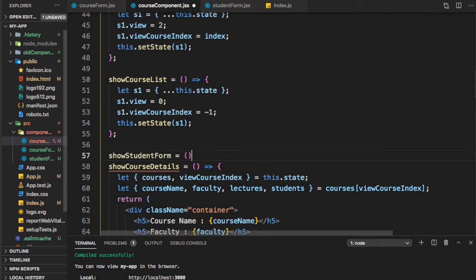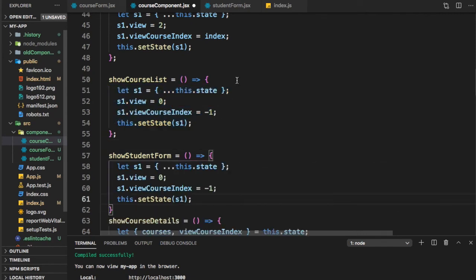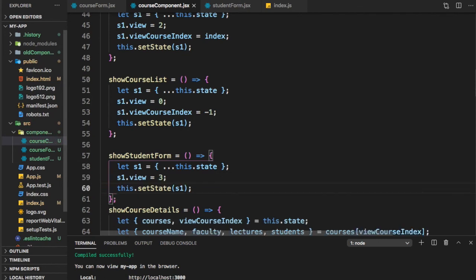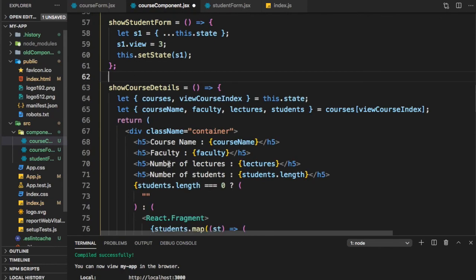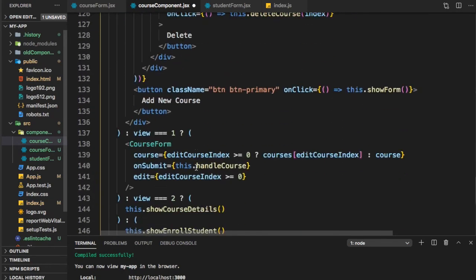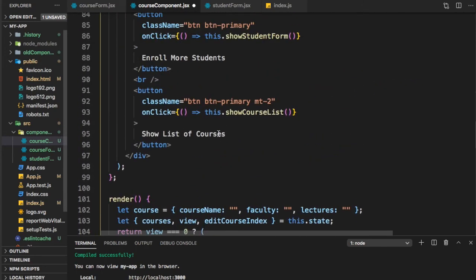Student show form is, and what do we do here? Let's just copy. So here the view will be 3, and we are not changing the course index because we are in the same place. So now if view is 3, what was the function we had to implement? Show enroll students. So now let's implement